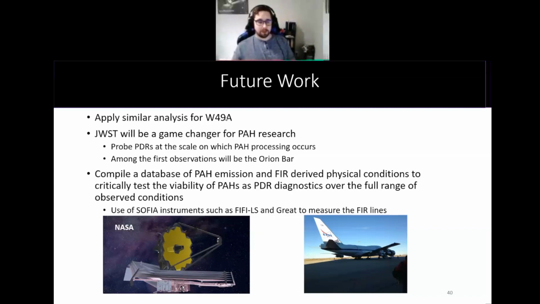As you may expect, JWST will be a game changer for PAH research, as we have much higher spatial resolution and higher sensitivity than the current generation of space-based mid-infrared facilities. Additionally, it will include all the major PAH bands, particularly the 3.3 band, which you may have noted that I omitted from parts 2 and 3, as the Spitzer IRS short-low spectra do not include the 3.3. In fact, we relied on other instruments such as FLITECAM in the past to map this 3.3 band.